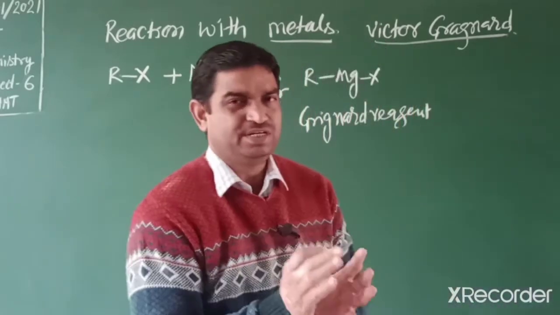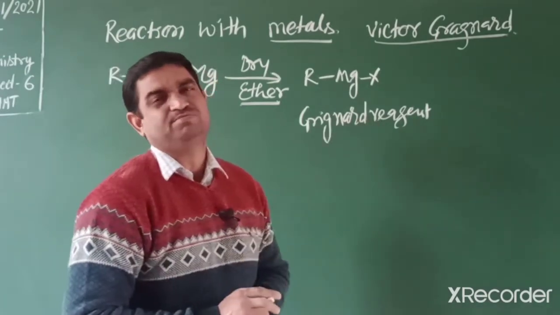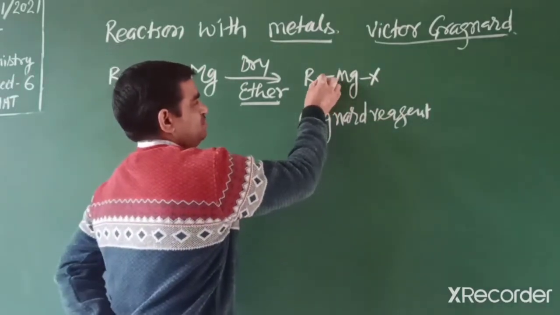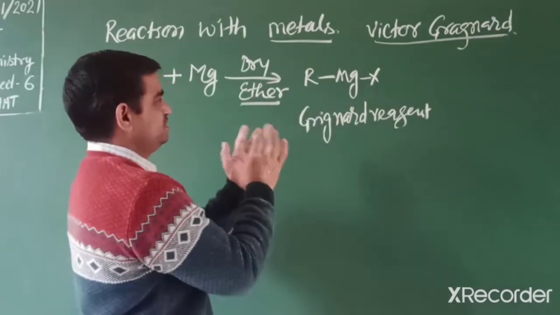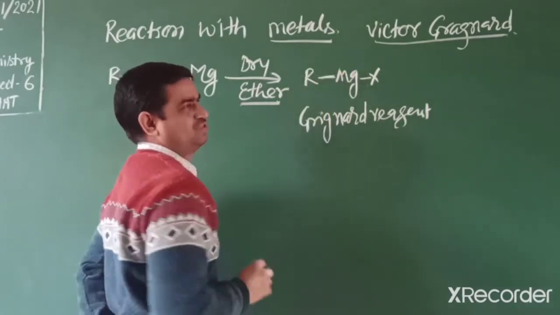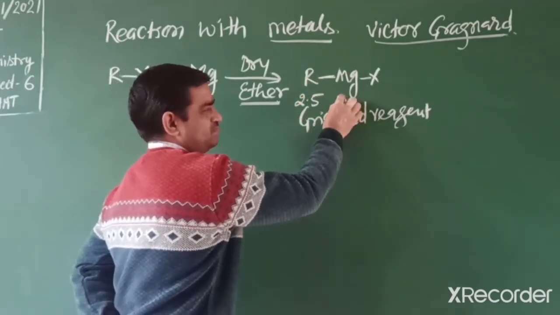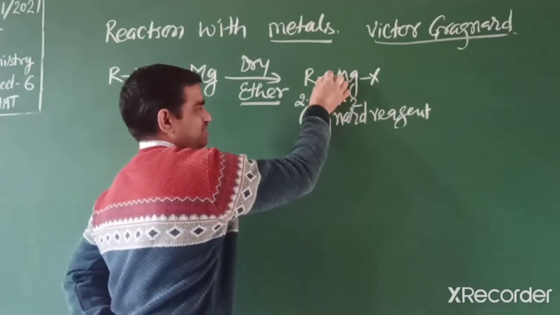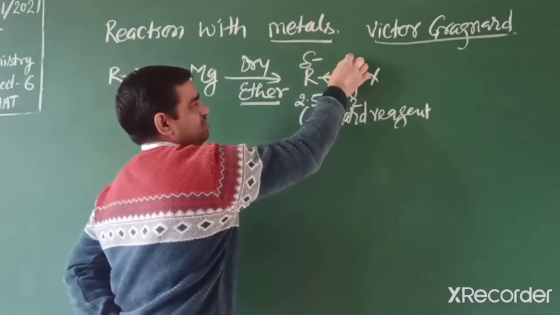Why? Because this reaction occurs only in dry conditions. If there is a trace of moisture, then we get a different product, because this reagent is highly reactive. The reason is that the bond between carbon and magnesium, a metal, is slightly ionic in nature, because the electronegativity of carbon is 2.5 and magnesium is 1.2. So the shared electrons of this covalent bond move towards the carbon side,